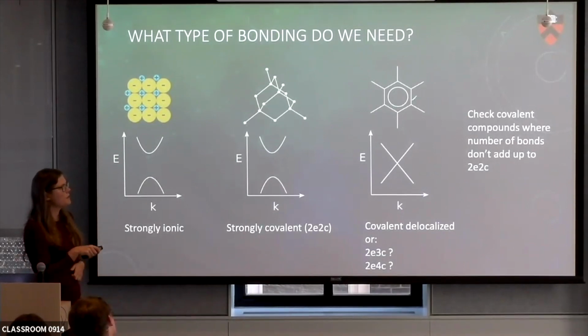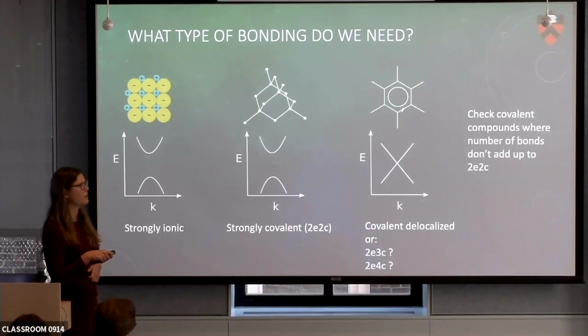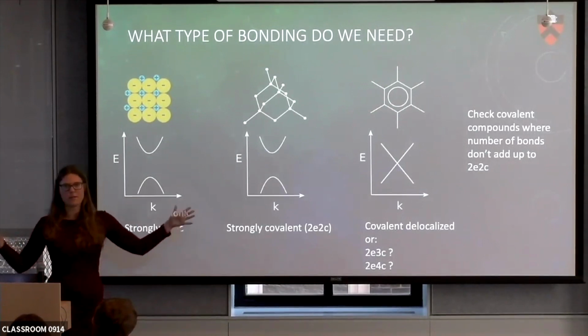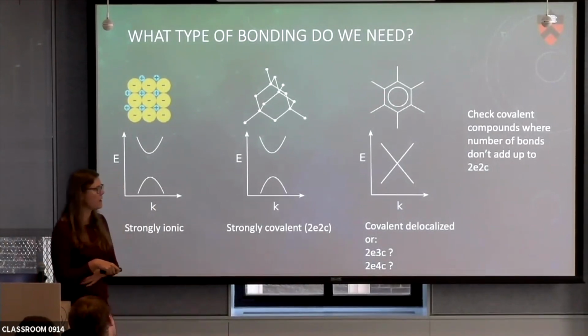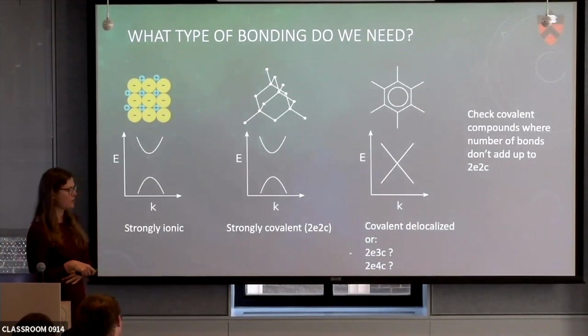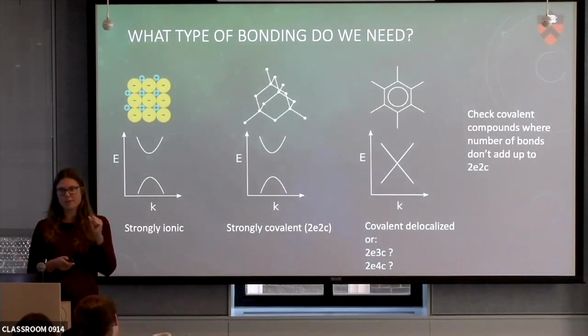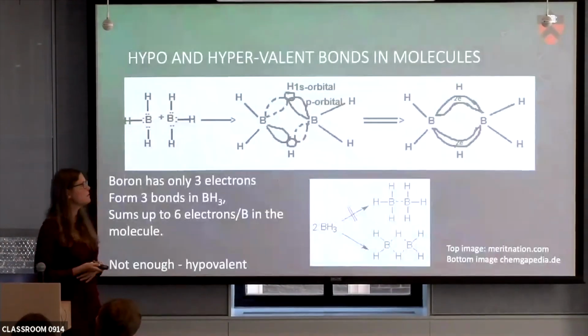And then I have these delocalized bonds, as in graphene or benzene, and I can apparently get direct crossings. I mean, of course, I don't get them in benzene because I just have a molecule. I need them to be in a few more dimensions. And so that started me wondering, okay, there are these features, and I'll show you a few in a second, where you have things that are called 2 electron 3 center bonds, or 2 electron 4 center bonds. And I was wondering if this is the first chemical way to get towards the delocalized bonds.